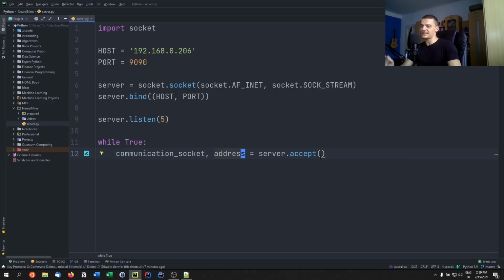This is what we get from the accept method. So basically what this method is doing, if no connection is coming in, we're just waiting here. We're doing nothing. We're waiting for connections to come in. Now, when a client tries to connect to that server, this accept method